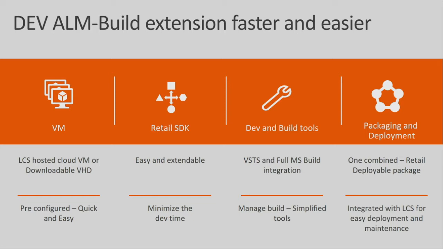And the last thing is again the packaging and deployment. Previously there were multiple packages, one for the AOS payment package, one for the retail server package, the cloud POS package, so different packages. Now with the new model, it's just one combined retail package. When you run the MS Build script, it's going to generate just one combined retail package, which you can upload to LCS. It has all the changes, including the AX changes as well as the payment changes, or anything you can include as one combined package.